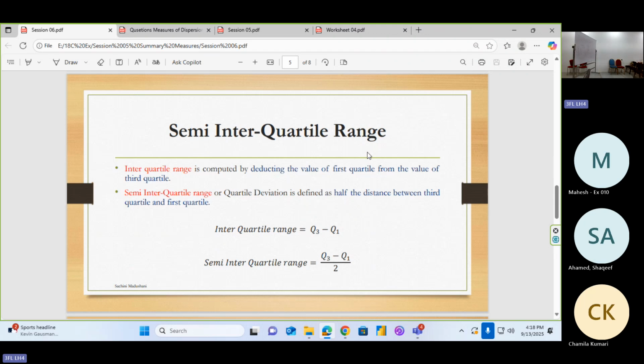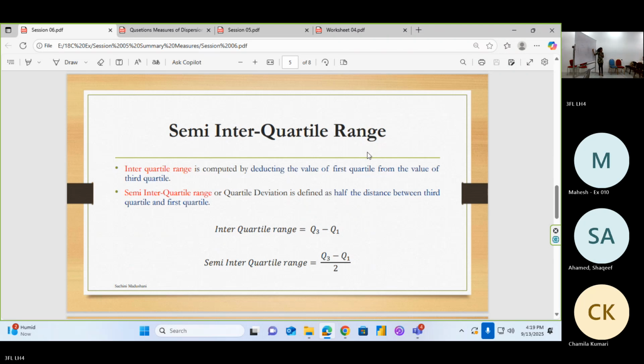The next one. Here we calculate the range value using the observation values. The other way is to calculate the range value using the quartiles. Normally, range is what? Maximum minus minimum value. Using the quartiles, which one is the maximum point? Q3. What is the minimum point? Q1. Then Q3 minus Q1 is the